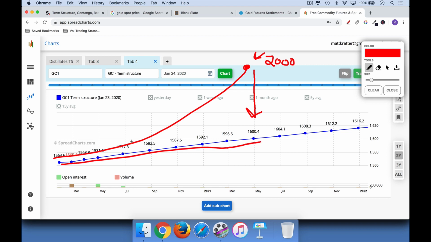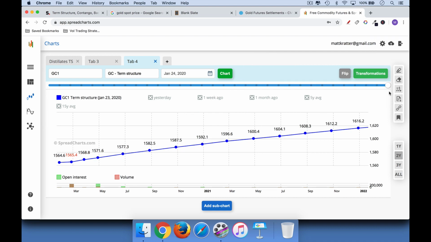So when you see severe contango, if the market's wrong, and again, if you have perfect knowledge of the future, you can obviously make a lot of money. But traditionally, what I've seen at least, severe contango is generally bearish for the future price of a commodity, simply because people are going to be doing this cash and carry arbitrage, and they're going to be driving the back side of the term structure down. So that's the basic discussion of term structure, backwardation, and contango. And again, this is not showing you how the market is going to move over time.